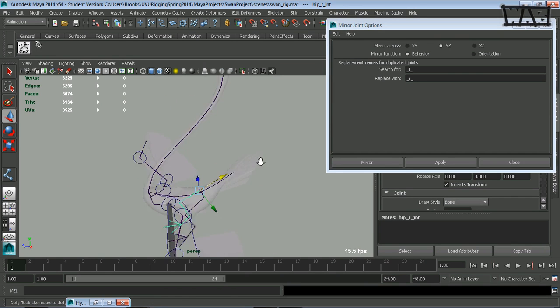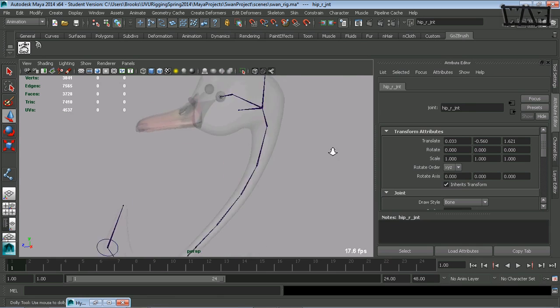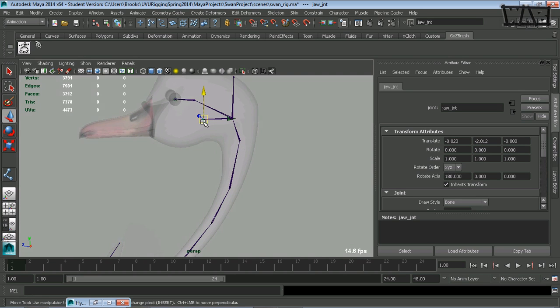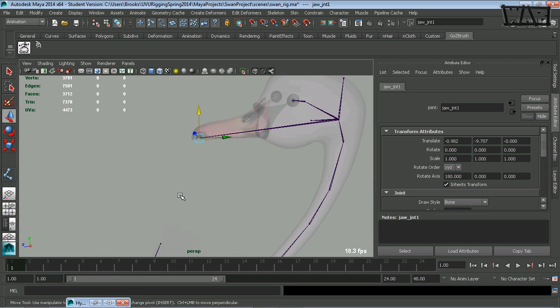And that's all there is to that. Now one final thing, just because I wasn't paying attention, I need this jaw joint to be oriented correctly to the tip of the beak. So I'm going to duplicate it and then move that duplicate to the tip of the beak. Okay? And I need to parent it to this joint. So with the duplicate selected,